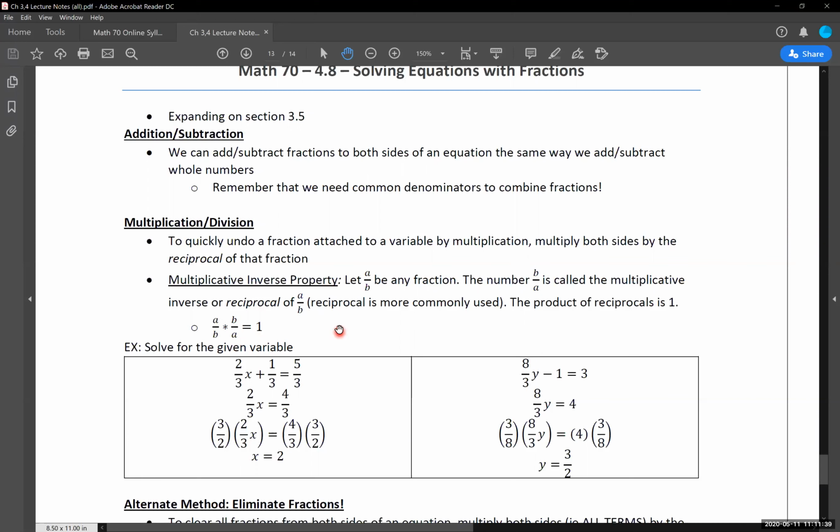Now, we're going to go through a couple examples with this, because I want to show how this can work if we keep things all written out as fractions, primarily using this multiplicative inverse property, or the reciprocal, to get rid of our denominator. So I'm going to jump us over to the whiteboard, and we'll go through this example here, and this example here as well. These are the two that we're going to reference over on our whiteboard.